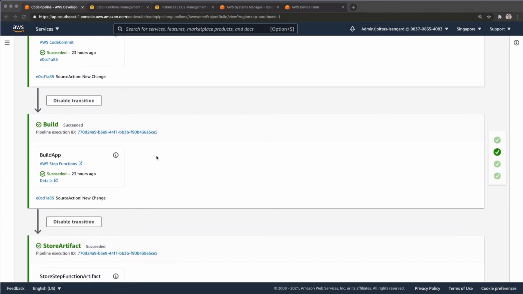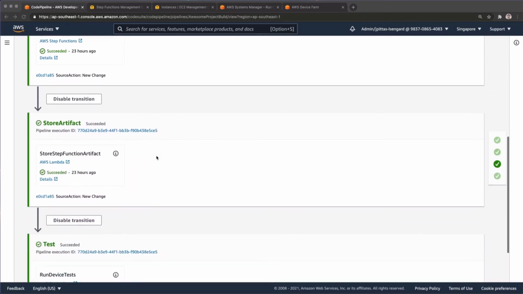After that's complete, it'll trigger the build step. In our build step, we'll pass our parameters from the previous step to our AWS step function, which will execute the build on a custom build machine. When it completes, we should have a built artifact in another S3 bucket. I've had to add an extra step which takes the build artifact from that extra S3 bucket and adds it to our CodePipeline artifact bucket. We need to do this because for our final step, we want to integrate with Device Farm and run our built app on real devices as part of our CodePipeline. The integration with Device Farm needs our built app to be in the same CodePipeline artifact bucket.